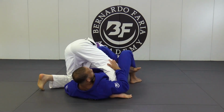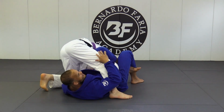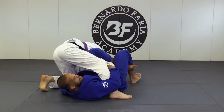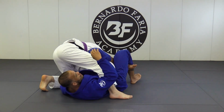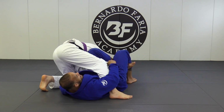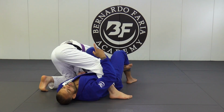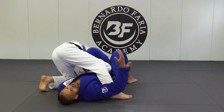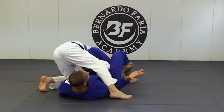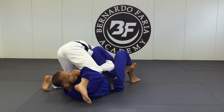Why does he step over right here? Because he doesn't want to let me sit up, okay? And that's one of my favorite ways to finish the omoplata right here. So what I'm gonna do here to finish the sweep: I have the omoplata in place, he steps over to shut down my finish. So what I'm gonna do, I wanna underhook this leg, so I underhook with my free hand